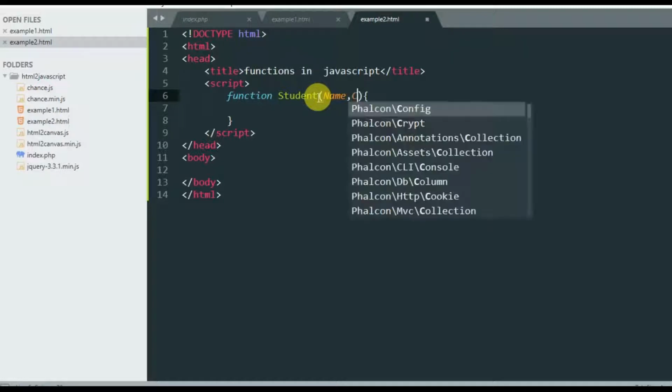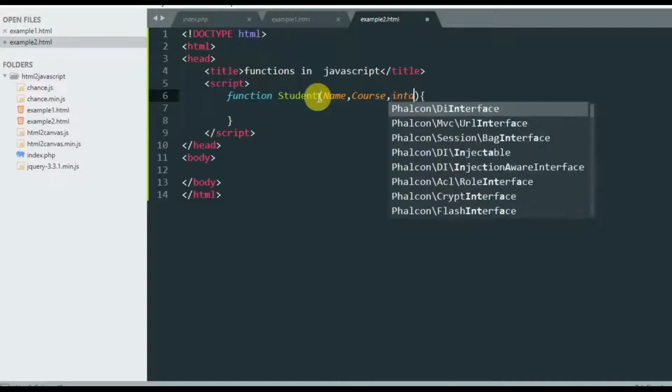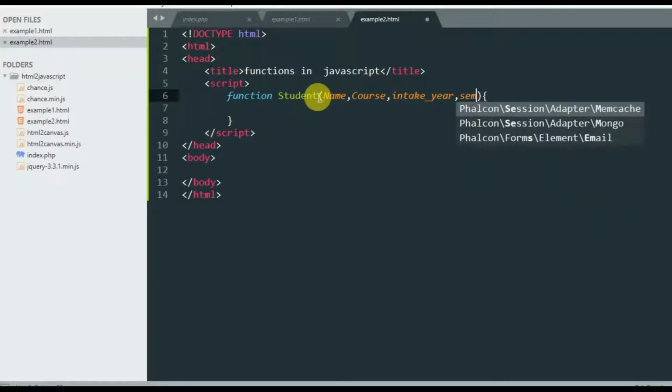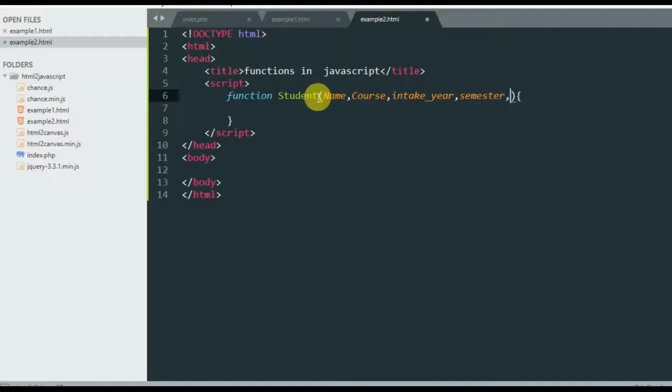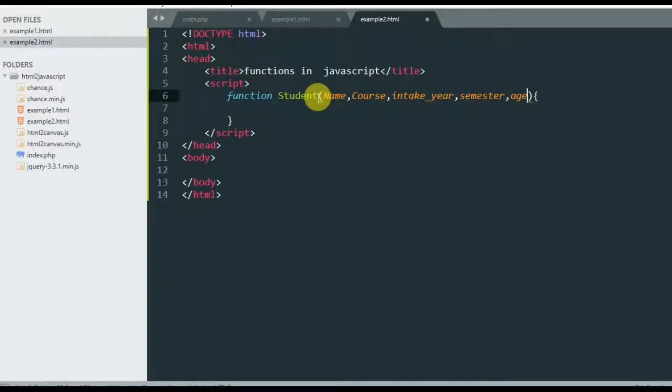A student has a name, a student has a course, a student has an intake year, a student also has a semester, a student also has an age, and a student also has a phone contact.